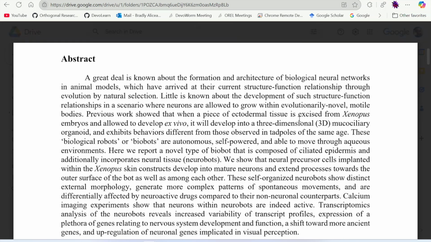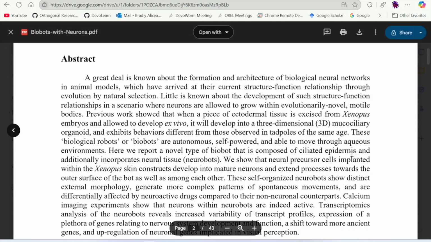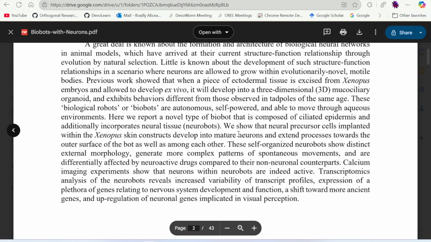Previous work showed that when a piece of ectodermal tissue is excised from Xenopus embryos and allowed to develop ex vivo, it will develop into a three-dimensional mucociliary organoid and exhibit behaviors different from those observed in tadpoles of the same age. These biological robots, or biobots for short, are autonomous, self-powered, and able to move through aqueous environments. Here we report a novel type of biobot that is composed of ciliated epidermis and additionally incorporates neural tissues. These are neurobots. We show that neural precursor cells implanted within the Xenopus skin construct